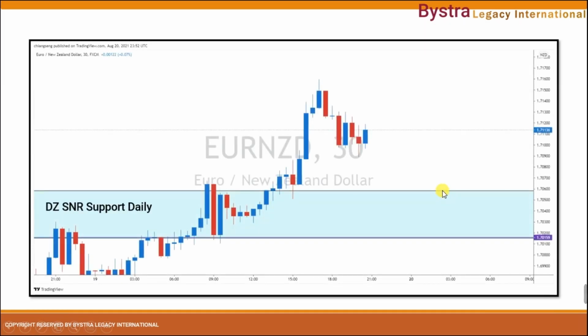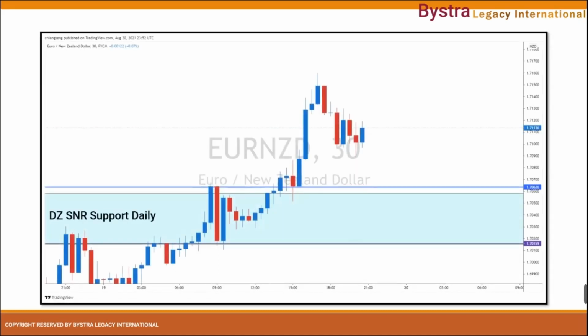So we go to the M30 time frame. After there is a confirmation of rejection from the zone, especially with the bullish engulfing that clearly breaks the danger zone SNR on the daily time frame, we need to look for a setup. In the M30 time frame, you can see there's a setup. Can you guys spot the setup? Have you got it? Yes, it will be the